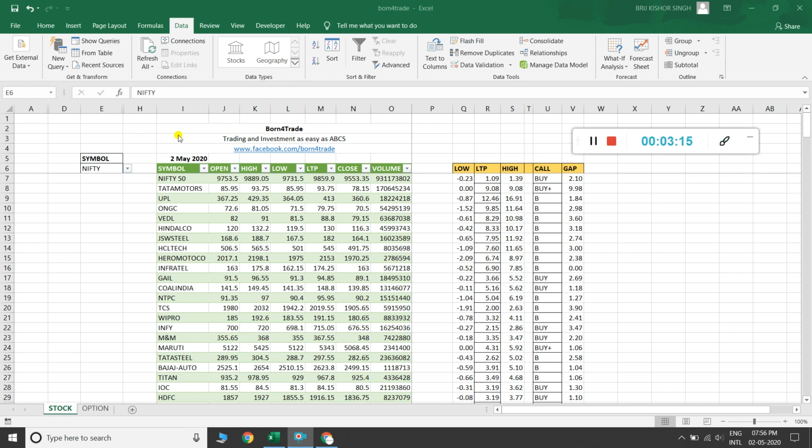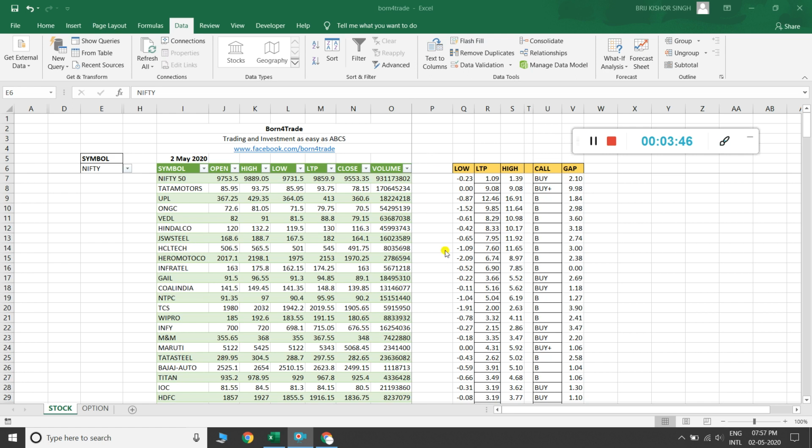Also, the first time you refresh or connect to data, it asks for some permission, saying the data comes from nseindia.com. You can allow it, and then it works for you.